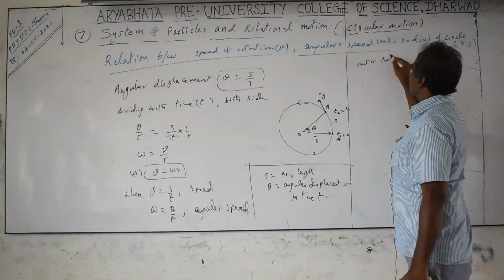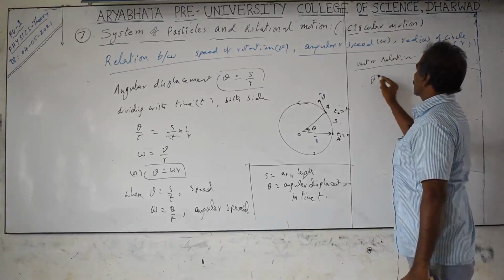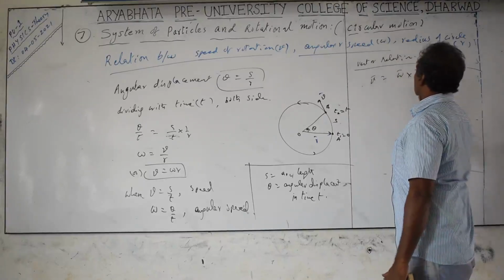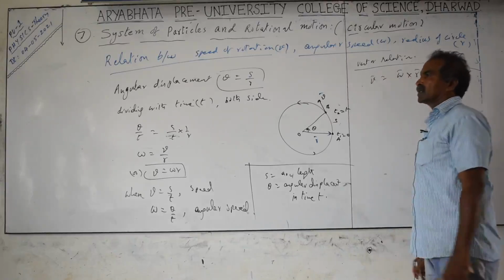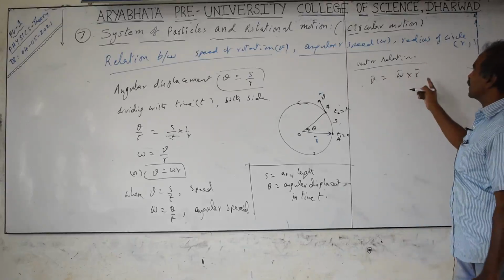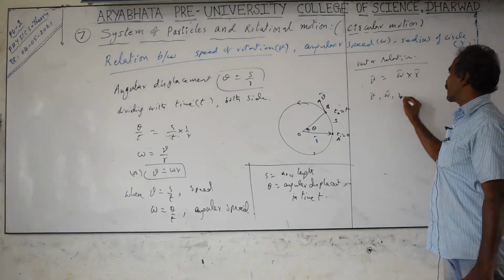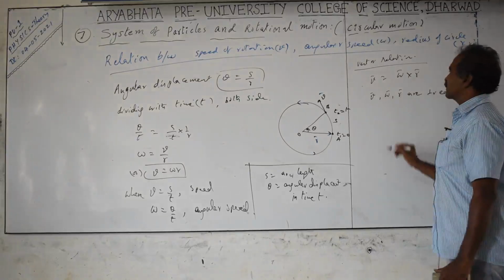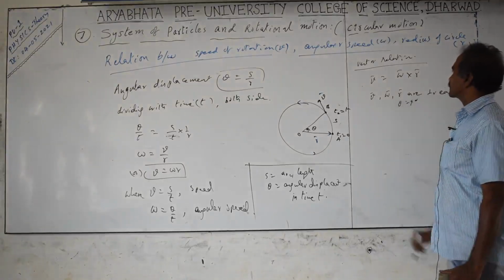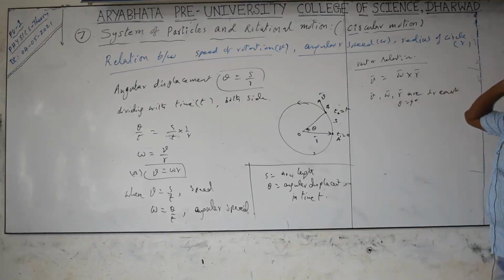Vector relation is v equal to omega cross r. Now if we take the bar, v is the velocity, omega is the angular velocity, r is the radius vector. We take v, omega and r as perpendicular to each other, meaning the angle between them is 90 degrees. So if you take the cross product magnitude, v equal to omega r sin theta we have to get. When you get v equal to omega r sin theta,